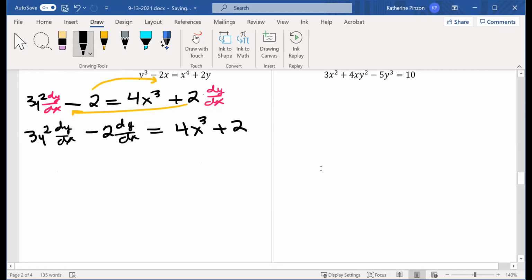All righty. What did step number 3 say? Factor out a dy dx. Everybody on the left has a dy dx in it. Just factor it out into the front. So it looks like dy dx